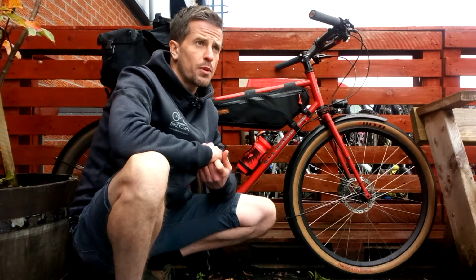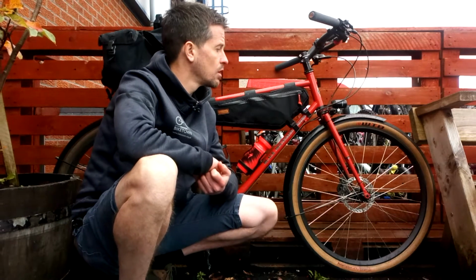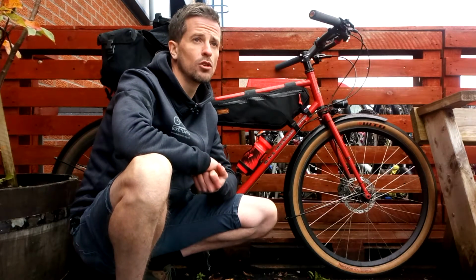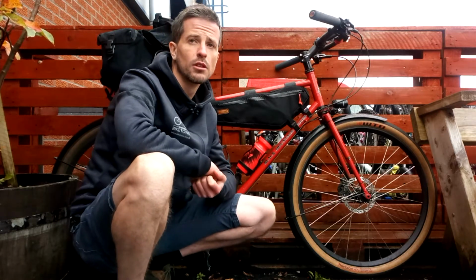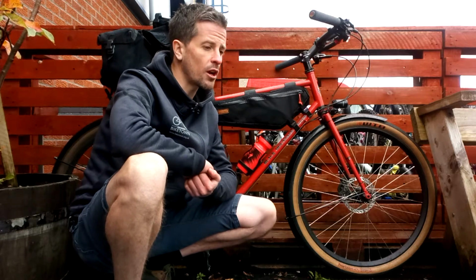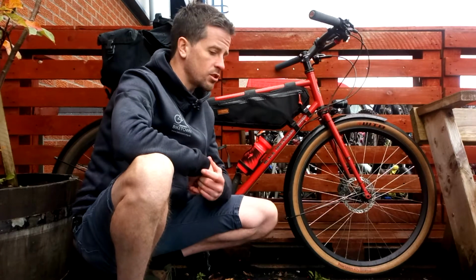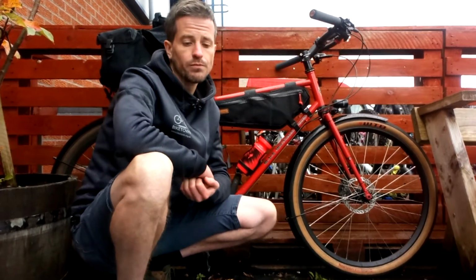So it's pretty important to learn some kind of basic bike maintenance. Learn how to change an inner tube so that if you do get a flat, you know how to fix it. You're not relying on calling your mum, your dad, your partner, an Uber, anything like that. You want to be able to fix these things yourself, and it's not difficult to do. You just need to know how. So familiarise yourself with parts of the bike,